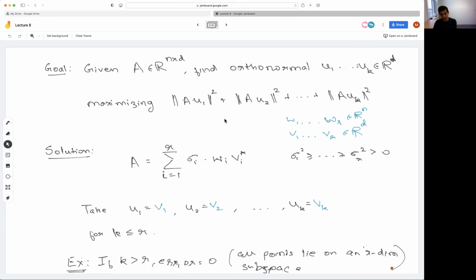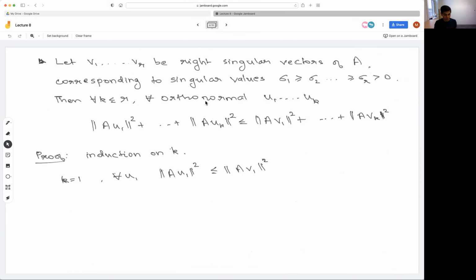And you can think about why. But if they lie on an r-dimensional subspace and k is greater than r, what we are allowed to do is find a subspace of dimension less than or equal to k. We can just output the subspace in which all points lie. And again, I claim this is not too difficult to see from the matrix, but you can think about it. Ask me if it doesn't make sense.